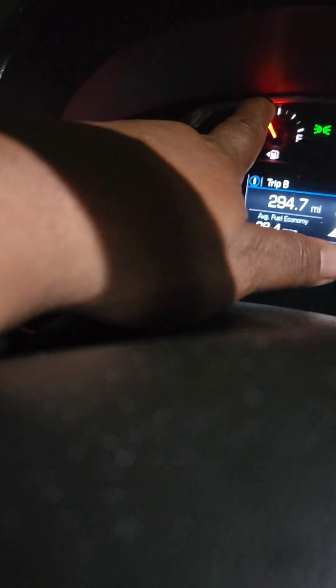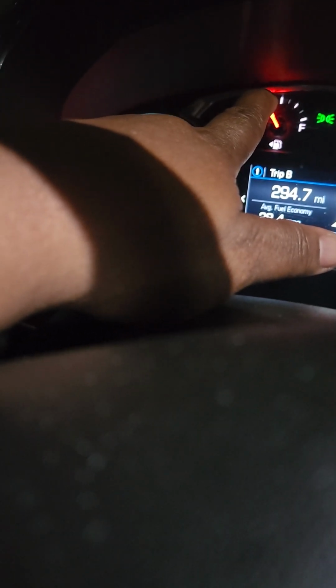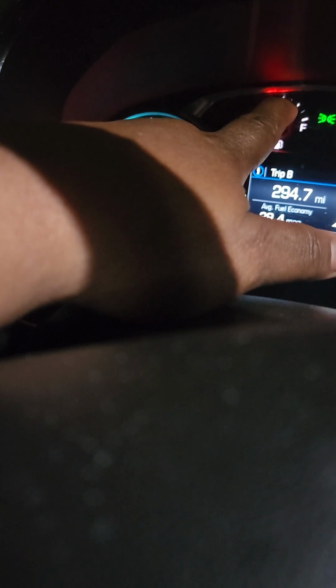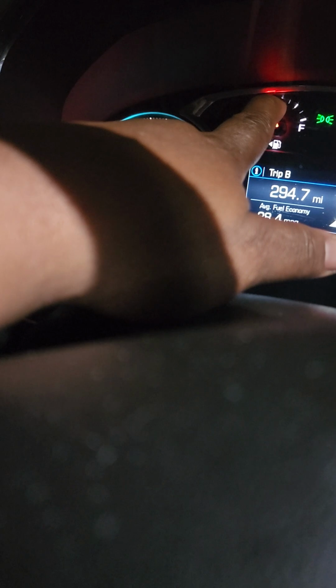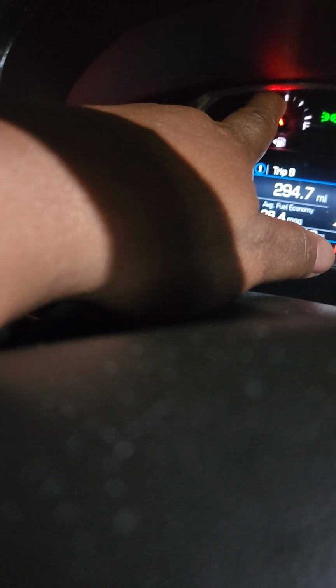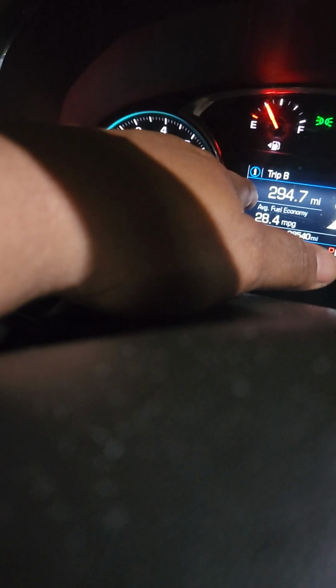From this halfway point to this halfway point, I should have been able to get 112 to 122, give or take. But it said at the time I was putting gas in the car, I only got 87 miles. How did I only get 87 miles from here to here when it says from here to here, if I would just fill this car up to a half a tank, the gauge would say I should be able to get 244 miles. Now, mind you,